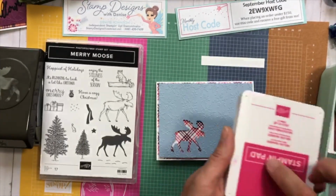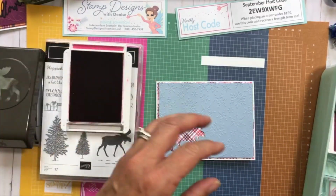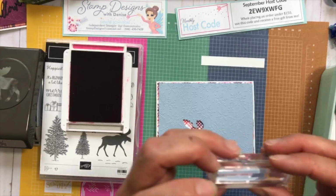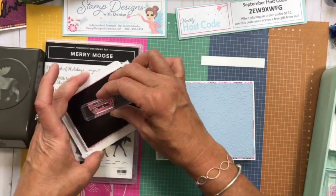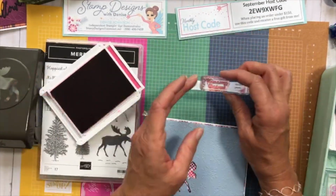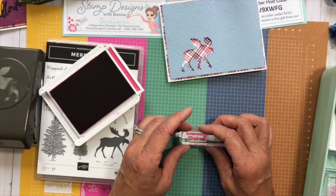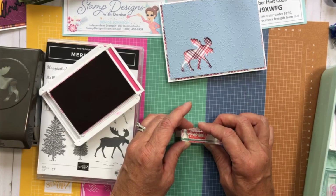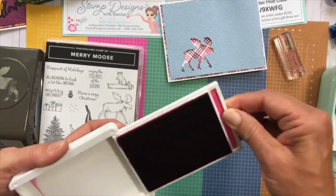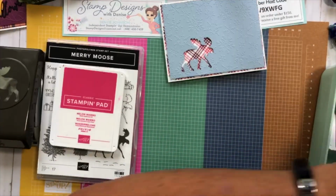in the Melon Mambo, which coordinates with that pink color in there. And I'm going to stamp the Have a Cozy Christmas. Oh, I did that pretty straight. I'll let that one go. So then I have this